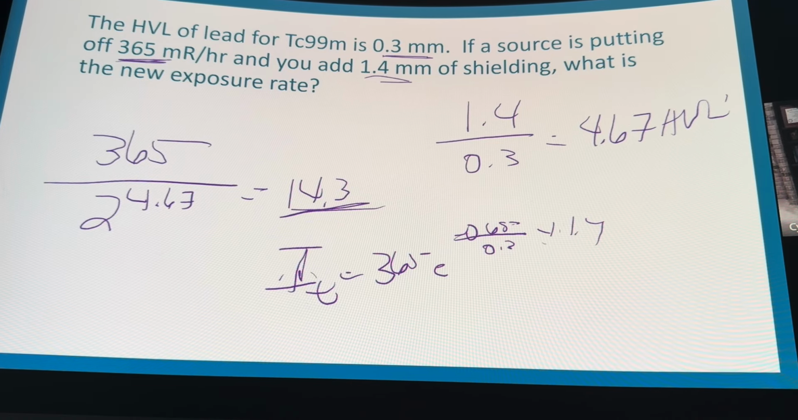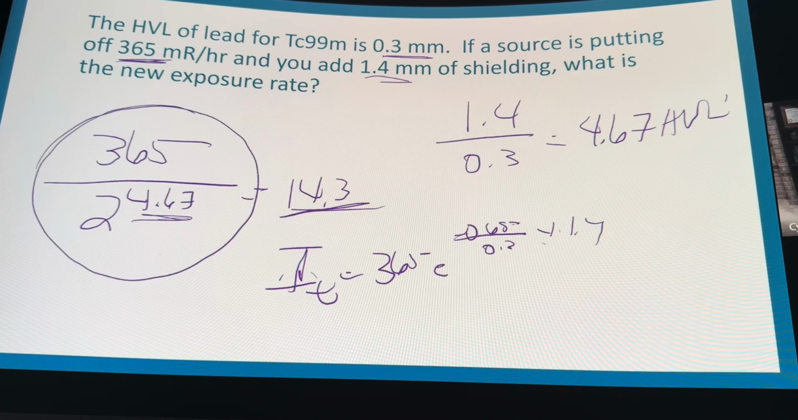And now, to really blow your mind, this is the same equation as the decay equation. Do you know how many half-lives have elapsed? You can do this as well, which is,